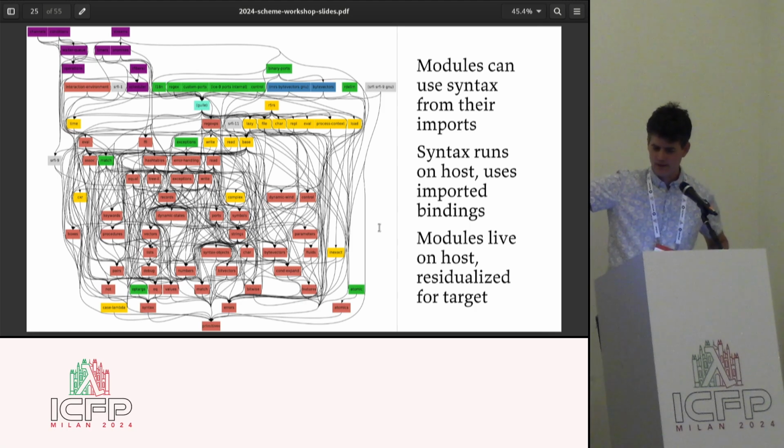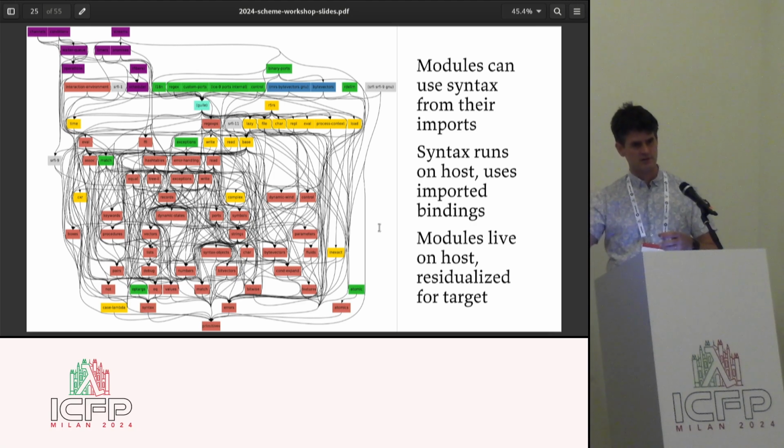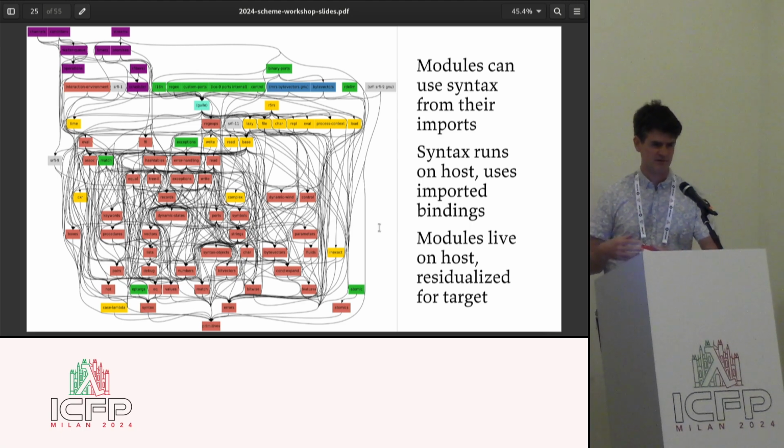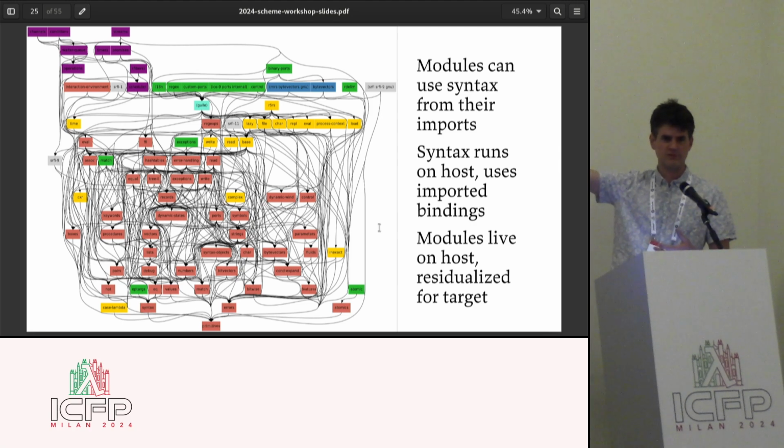And in Scheme, and you're probably all aware of this, each module defines syntax which other modules that import it can use. This is a phasing problem. Guile has historically not done phasing very well. But what it means is that a module at the lower level needs to, and these are all expanded on the host in Guile, have those macros present on the host so that the next level can actually use them, right? So there's a kind of liveness. The modules are live on the host so that they can be used to expand other modules